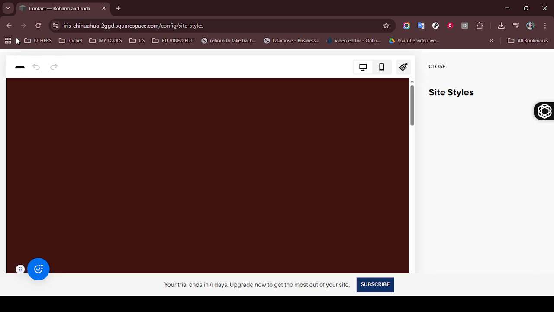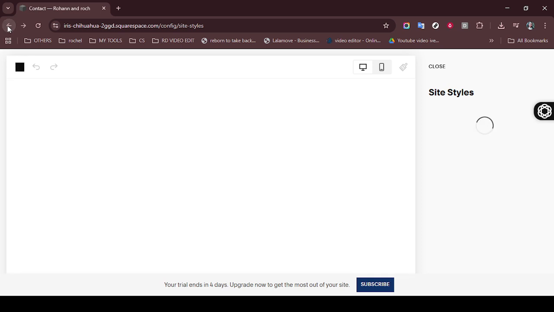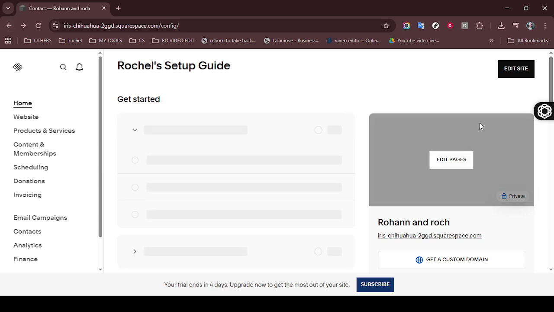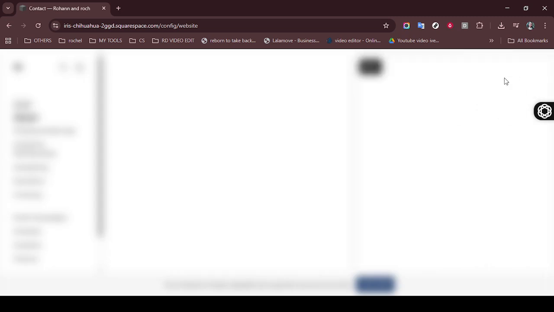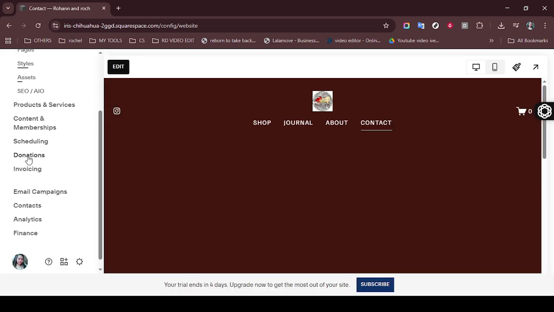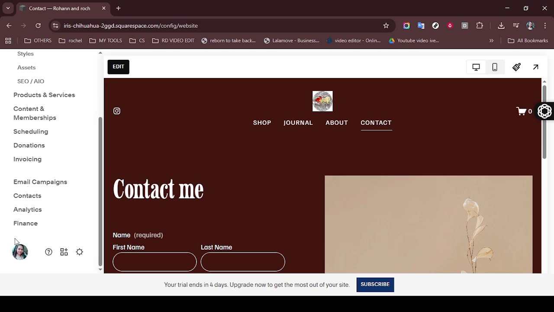Once in editing mode, you'll want to add a code block. To do this, click on the small plus sign or the Add Block option that appears. From the list of block types, select Code. This will open up a blank field where you can enter custom code, which is exactly what you need for our next step. Go back to the embed code you copied from Elfsight and paste it into the code block